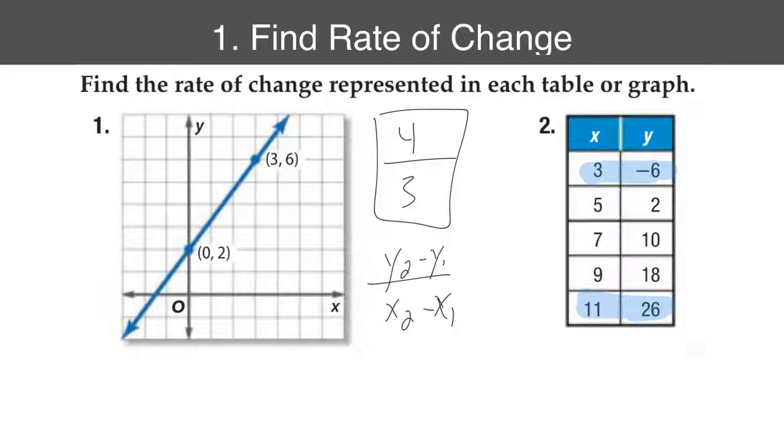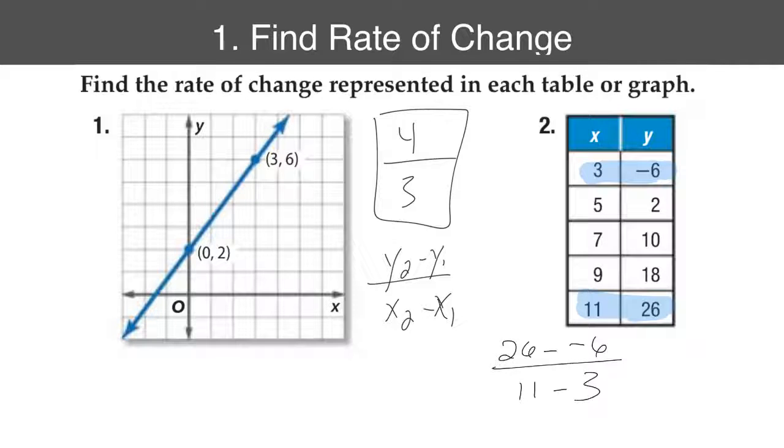The reason for that is because sometimes they ask you for the average rate of change. And if they ask you for the average rate of change, you want to use the first one and the last one. So I have my two y's, I have my two x's. So now I'm going to set up my equation. So I have y2, which is 26, minus y1, which is negative 6, over x2, which is 11, minus x1,